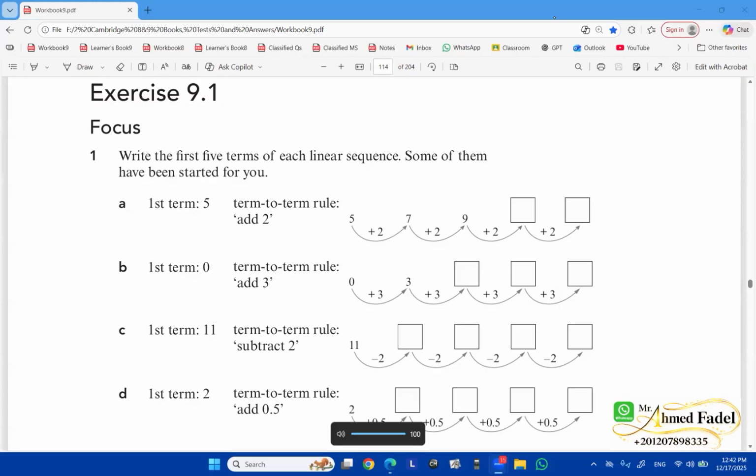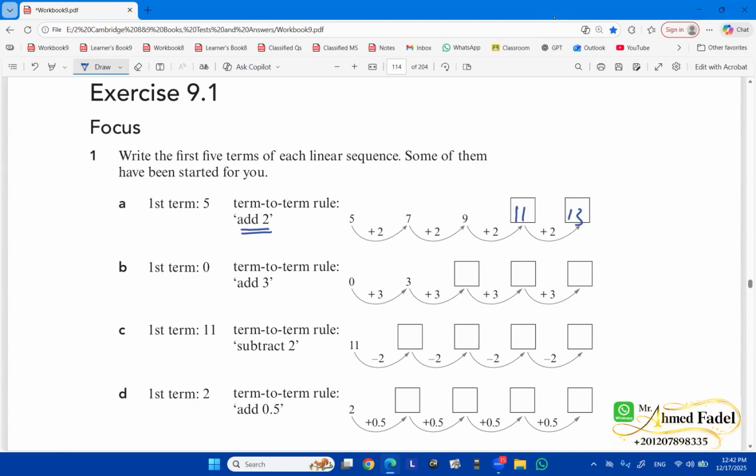And in today's video, we are going to discuss lesson 9.1, which is all about generating sequences. In question one over here, they are requesting that you generate or complete this sequence, knowing that the first term is 5, and that the term-to-term rule is add 2. So 5 became a 7, became a 9, so the next one is obviously going to be 11, and then